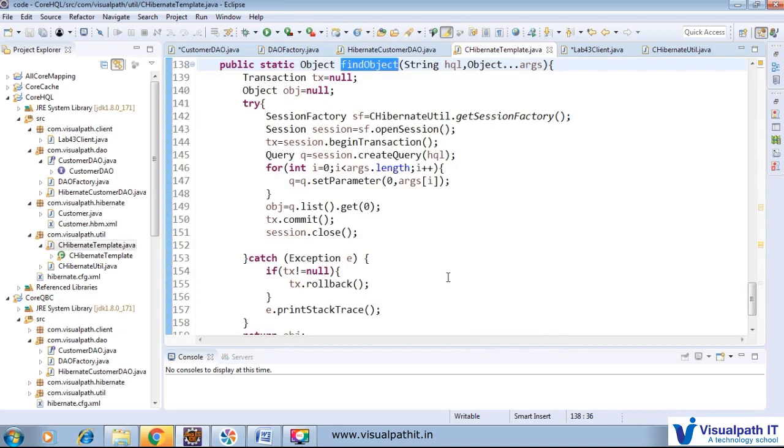So here, what is find object? Find object is able to handle multiple objects as arguments.